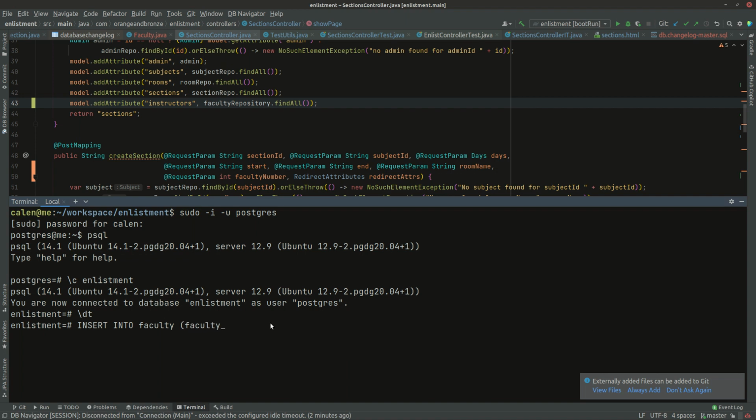Faculty number, and then yung values, let's just make it 100, 200, and 300 para lang may laman yung table natin, so that when we do our manual testing,